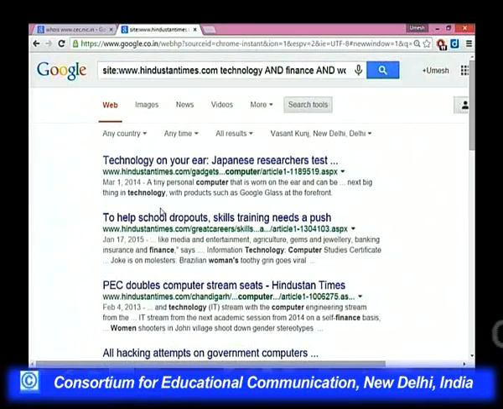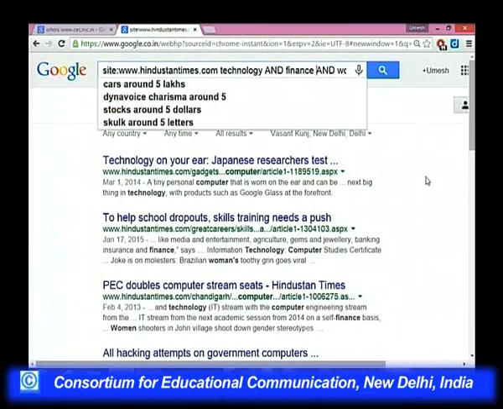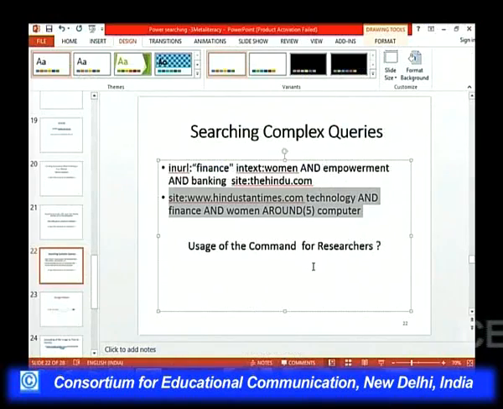As you can see, if you open this document, all these conditions are met in your search. So, this is one of the very good and powerful commands.